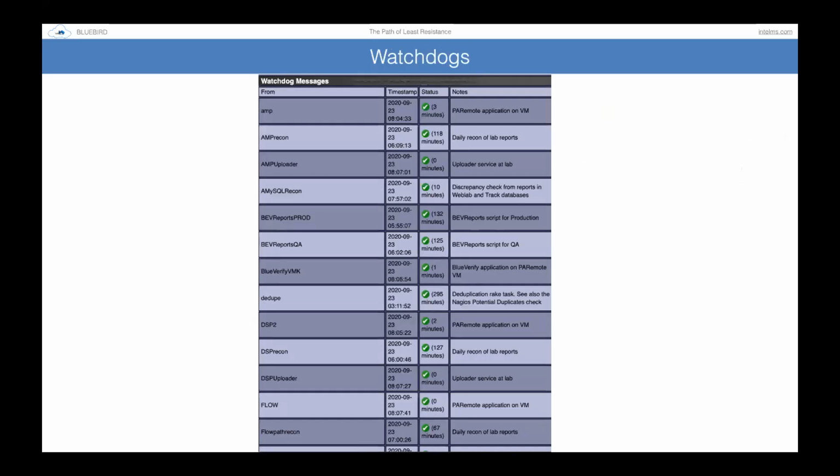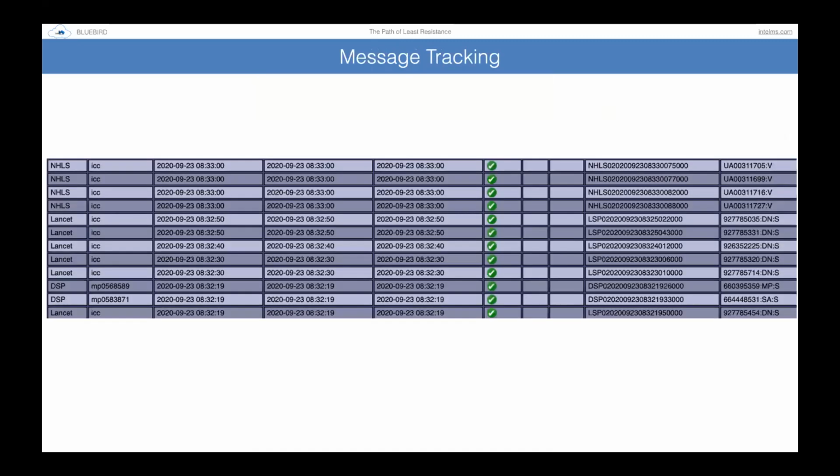So this is just an example of the watchdogs, and you can see that there's an interface that if any of these were not green, it would have sent out a notification to our staff. And similarly, this is how every single message is tracked through the system. So in summary,